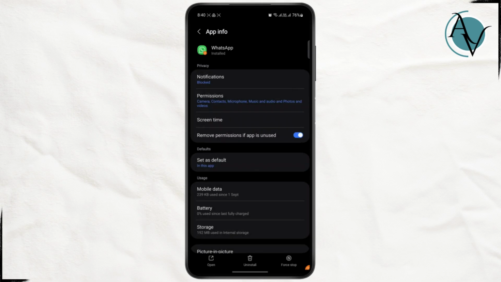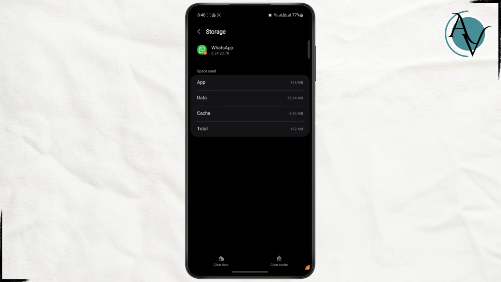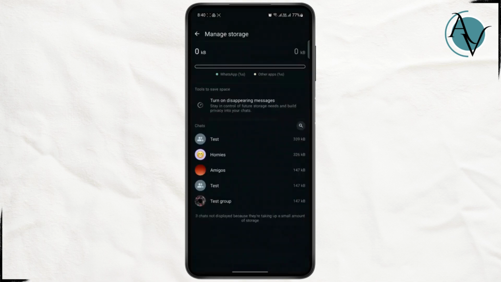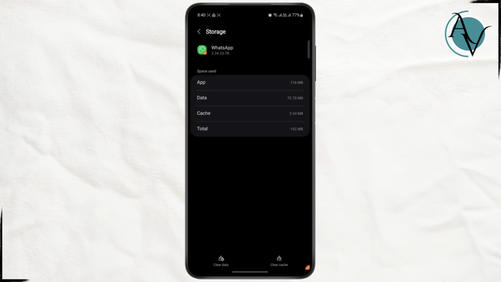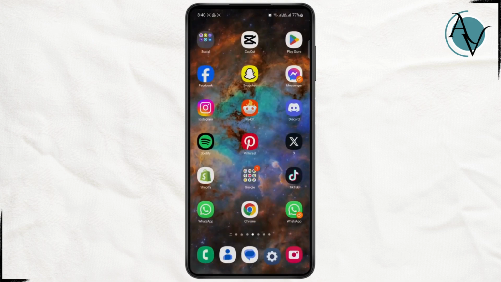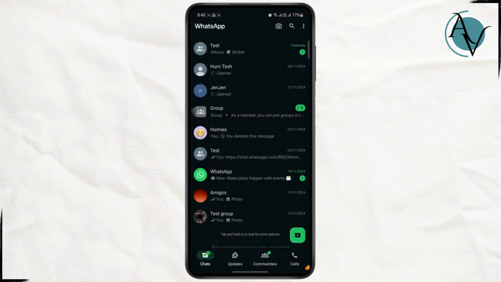What this will do is it will completely restrict all of the background activities that's happening right now. Head over to storage and then clear all data. So just tap on it and it will clear all of its data. And once you do that, you just go ahead and open WhatsApp again, and it will ask you to log